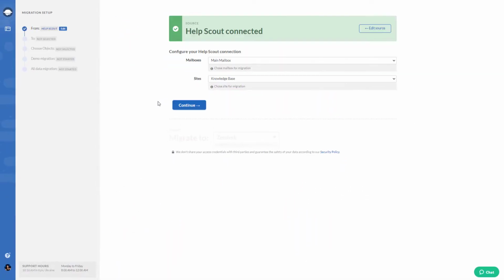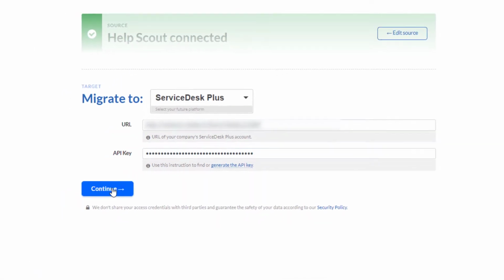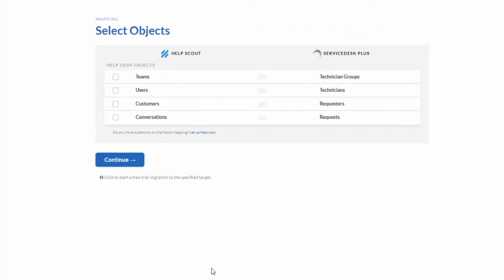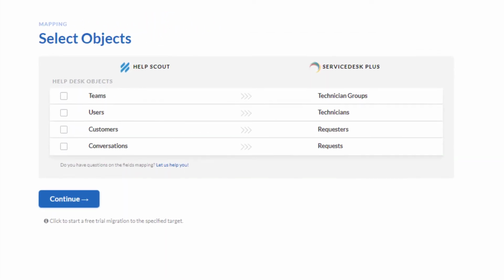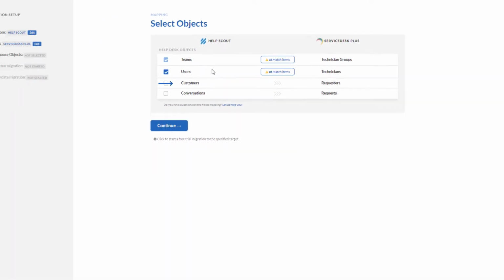Select your source platform and fill in the access credentials. Then connect your ServiceDesk Plus account by providing a URL and API key. Select the data you would like to import. You can migrate such data to ServiceDesk Plus as contacts, agents, groups, tickets with all attachments, inline images, both public